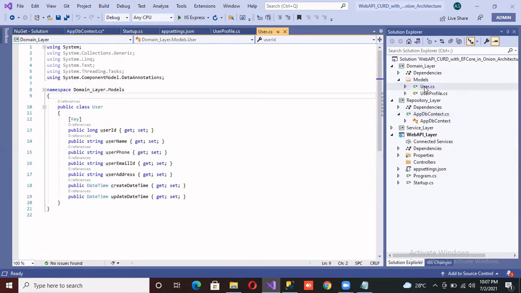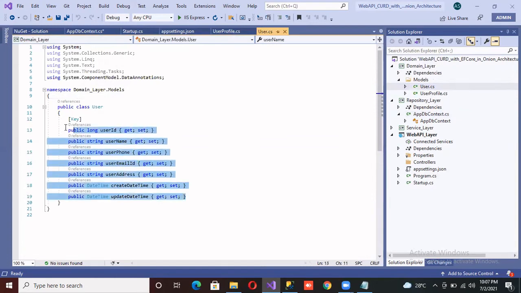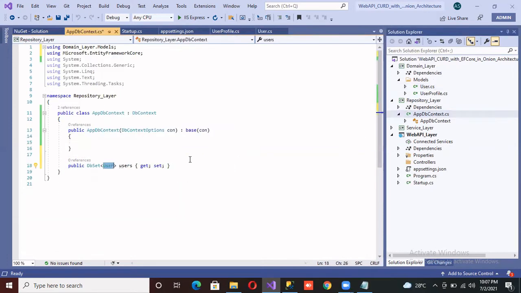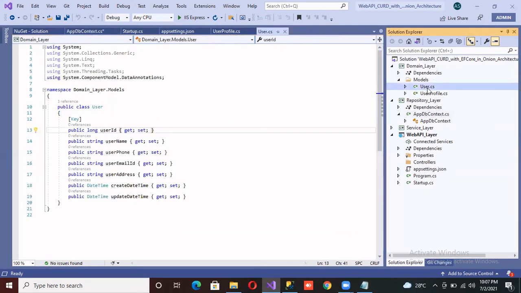This is our model User, and this User you are going to create inside of SQL. So this is a method you have to describe inside the repository layer like this: public DbSet. DbSet is a method to create a table, and now pass the model name, which model you are going to create or convert as a table.